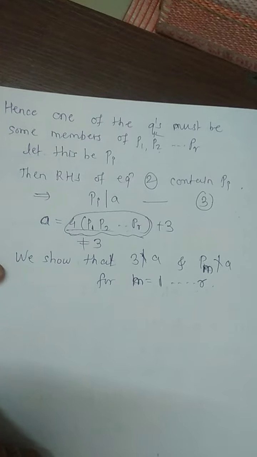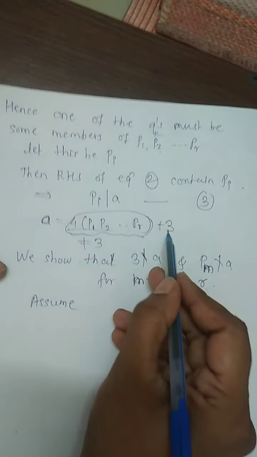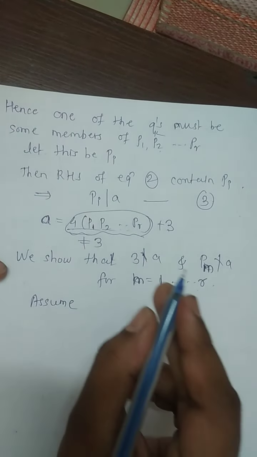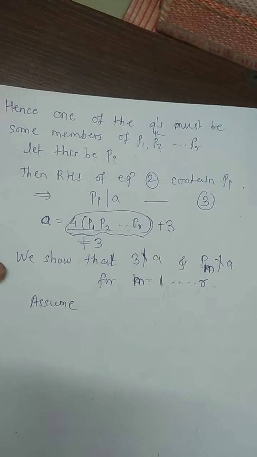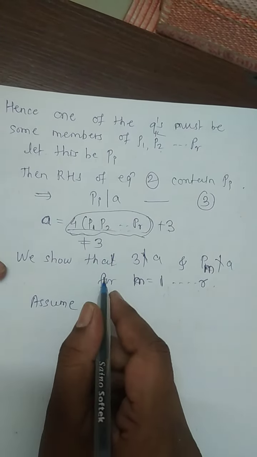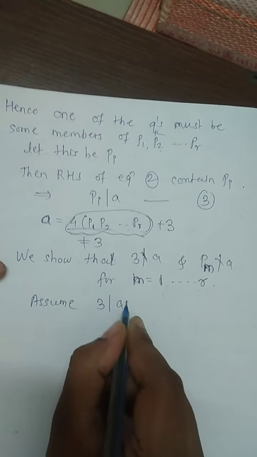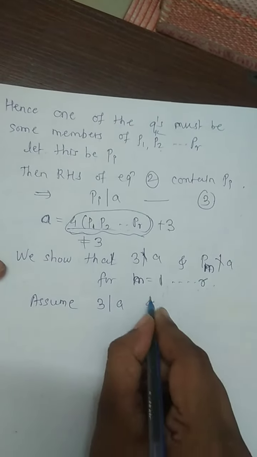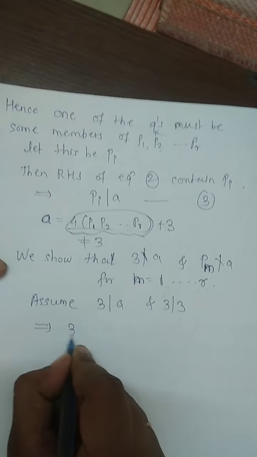Now we have to show that 3 does not divide A and this term does not divide A. So assume again by contradiction. Assume that 3 divides A, and we know 3 also divides 3. Yes, so this implies 3 divides